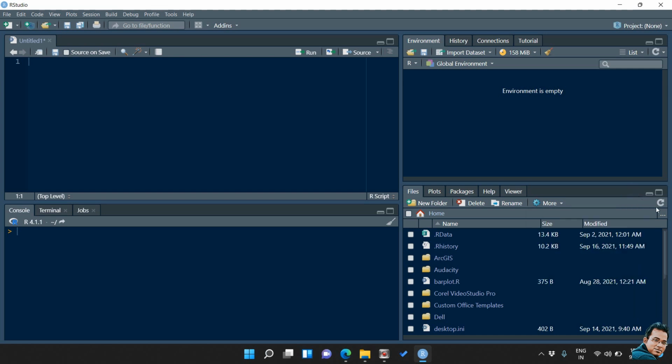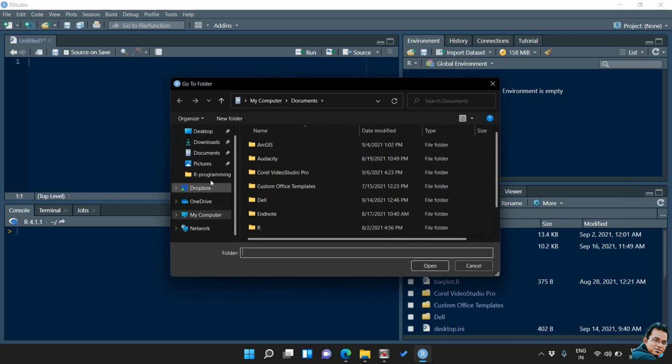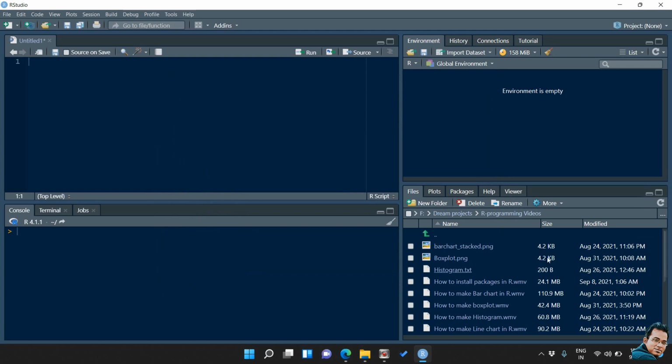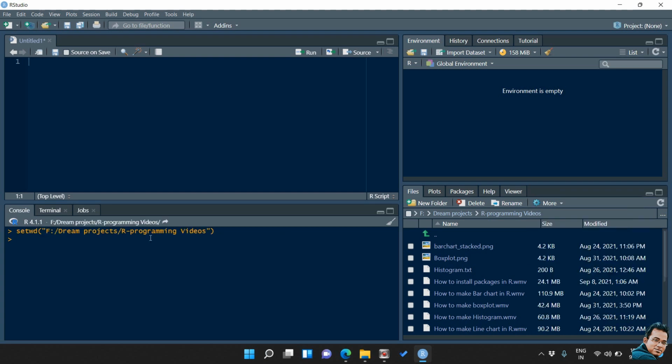For example, how can we set a working directory folder from these files pane options? For that we need to go to that folder. Let's say this is the folder I am interested in making the working directory folder. So let's open this folder. Now click here, set as working directory. You can see one command is executed in the console. This command is the setwd function, followed by the file path.